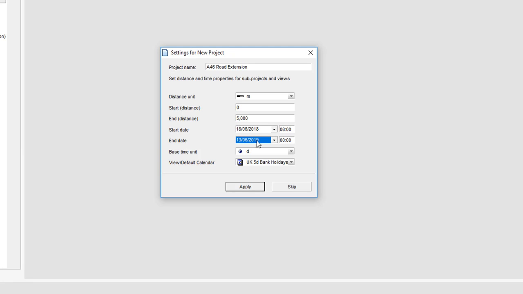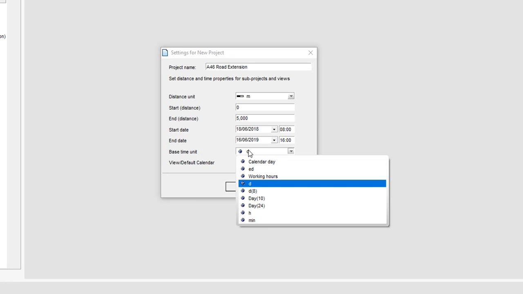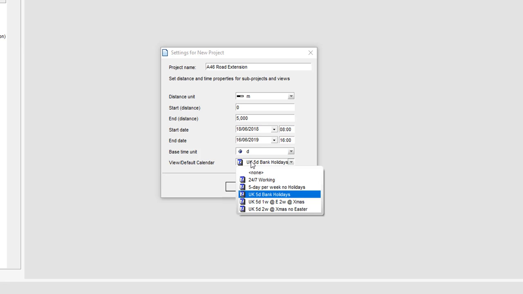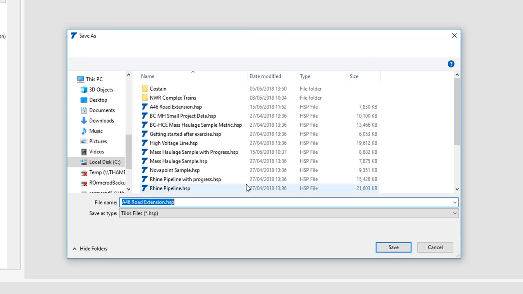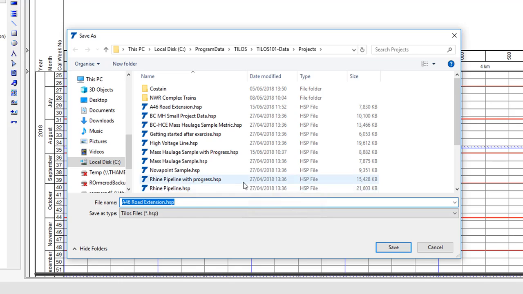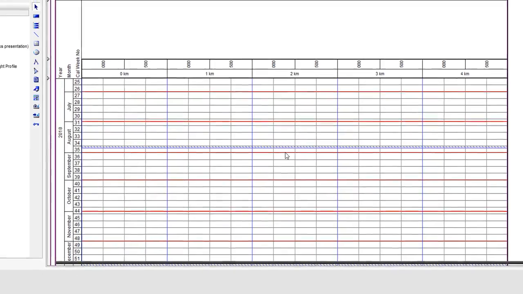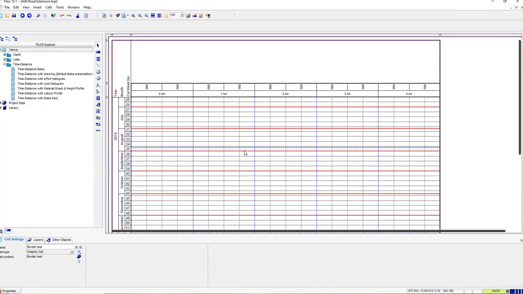date that once you schedule in Tilos, no task can start before that date. We can set an end date by date picking or typing, and this is not a hard end date, this is a soft end date, and tasks can extend beyond this date, but you will be warned if you exceed them. You can choose a base time unit. We're going to use days. We can choose a default calendar, but any other calendar can be used on any other task, but this is just a default. So when I click on apply, it's going to save this project to a location on the computer of our choice, and we can obviously change its name, and then we've got this area, that user interface,